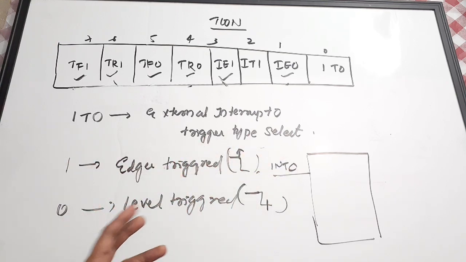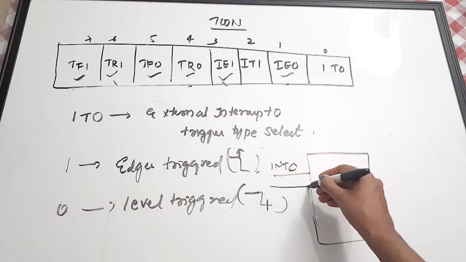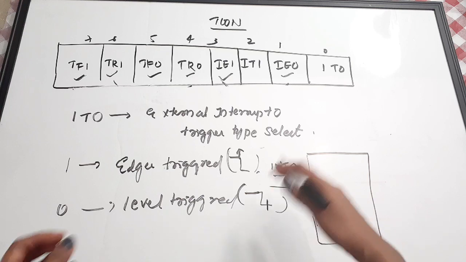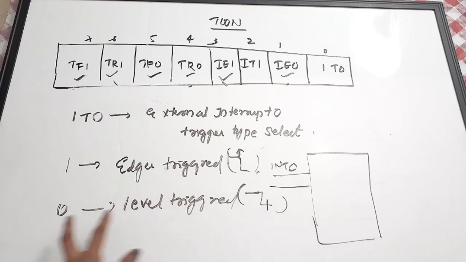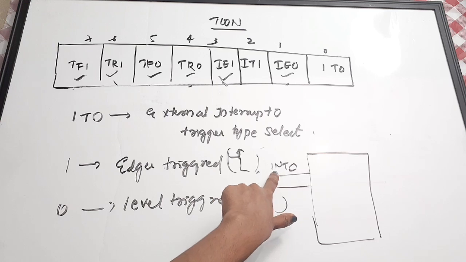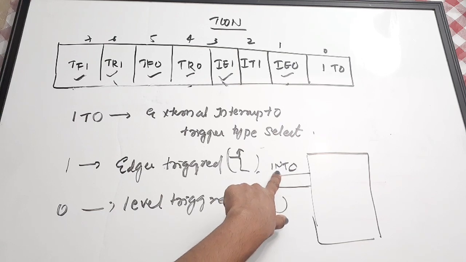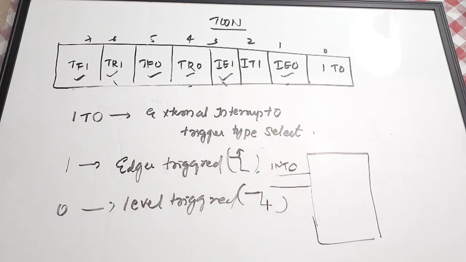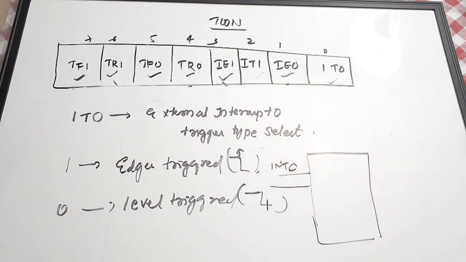We know that interrupts are external activities coming to the microcontroller. So they are activated using pins assigned for them, and only if there is a corresponding signal on that pin will it get activated. So if IT0 is 0, this interrupt is level triggered, and only if there is a low level signal coming to this pin is external interrupt 0 activated. That is the importance of IT0 and IT1. I hope it is clear. So these are the various fields of the TCON register. I think IT1 and IT0 are a little bit complex to understand. Other fields are very easy to understand and study.